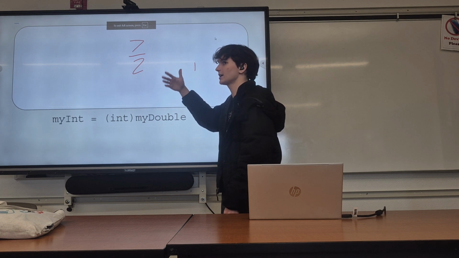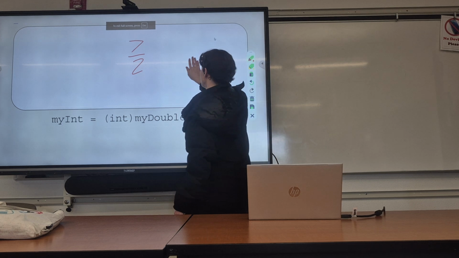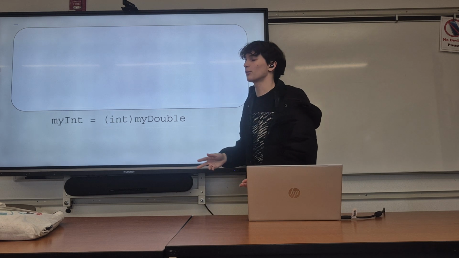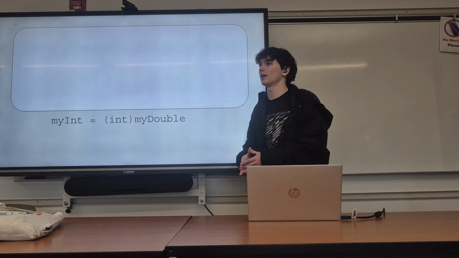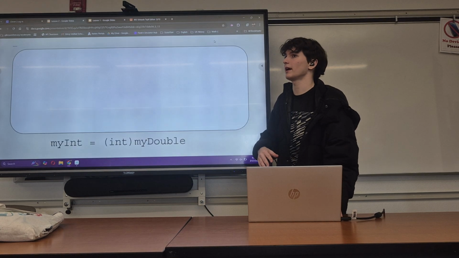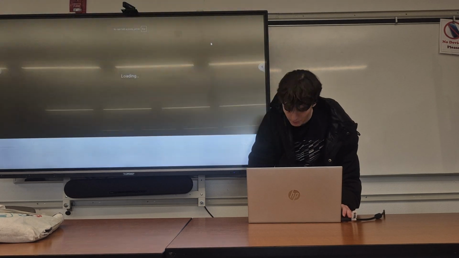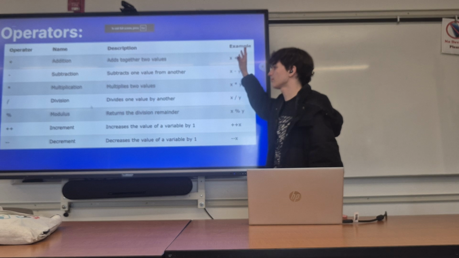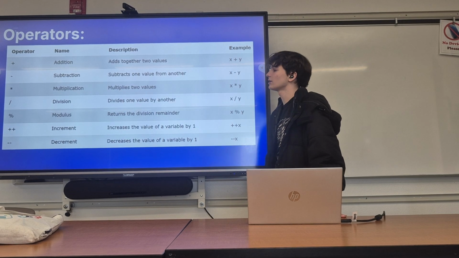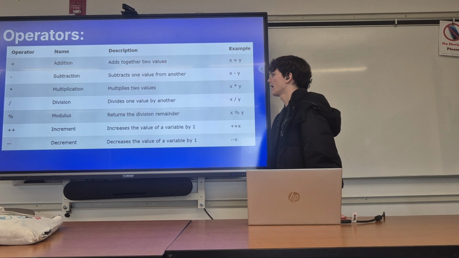We know that it fits into 7 3 times. We get 6. 7 minus 6 is 1. That's modulus. So if you're asking what use is that, it's good for determining even numbers, odd numbers, and any number of complex patterns when you're programming and dealing with a large quantity of data. But generally, increment, decrement, multiplication, division, all of that, those are your main operators. So you can just say plus plus, minus minus,